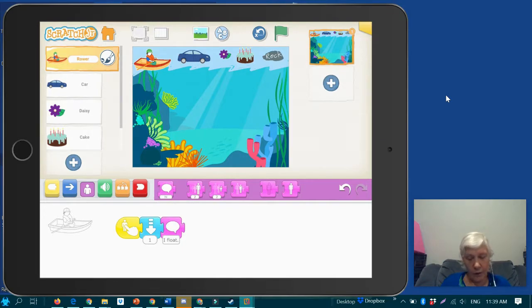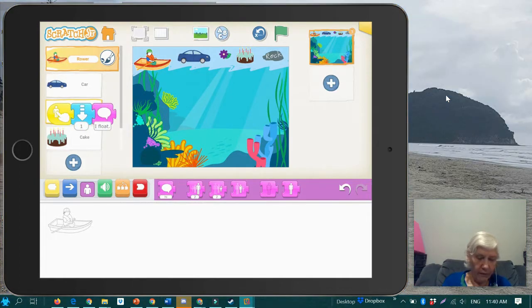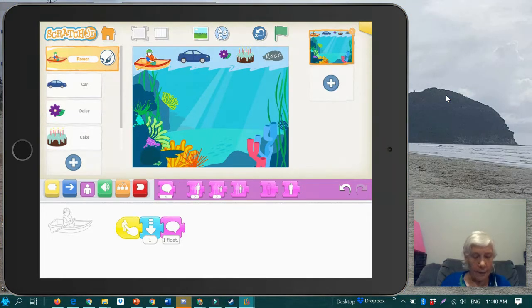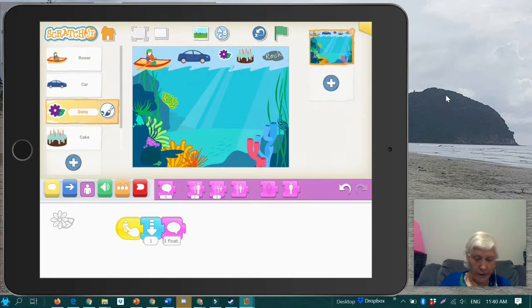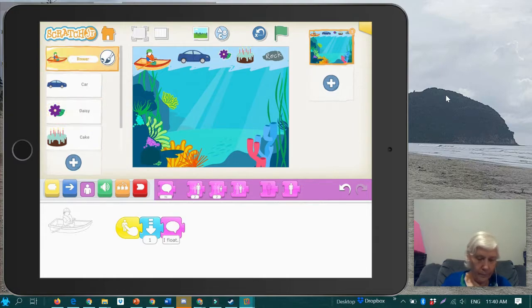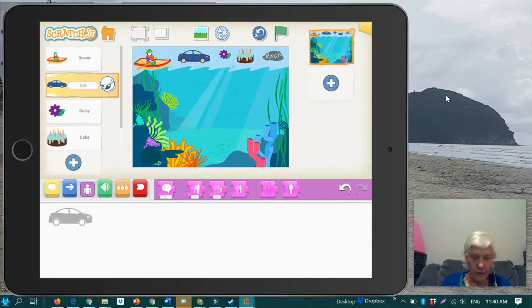So I copy the code onto other objects that float, and in this case that's the flower. The flower now has that same code. I'm going to click on the next object that doesn't float, and I'm going to